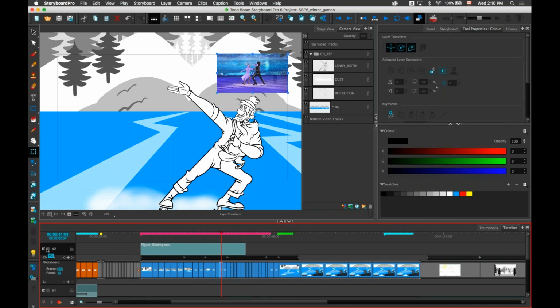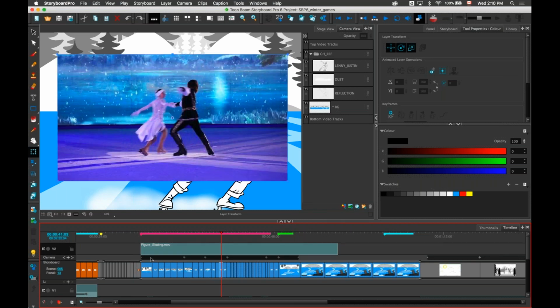I can also use this feature to rotoscope. So instead of using this as a reference in here, just for the timing in the top left corner, I could actually move this to my video track that's below.